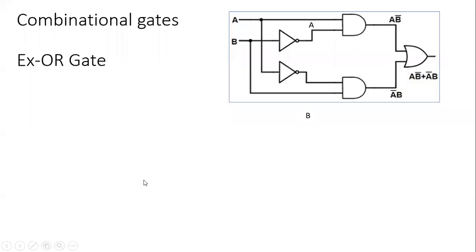Now, when we are talking about gates, remember what all things we have discussed? We have talked about the basic gates. What are the basic gates? Basic gates are basically NOT gate, AND gate, and OR gate. These three are known as basic gates. Then comes combinational gates. Combinational gates mean now we want a specific output. For that particular output, we are going to combine these basic gates to get the output.